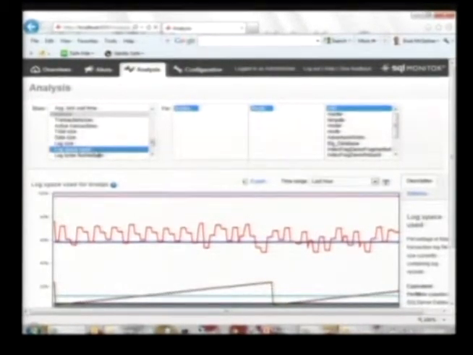I can do some linear regression or just guesstimation and say where I'm going to be in the future based on the current trends. So it makes your life a whole lot easier rather than just checking it manually every day and writing it down on a piece of paper or maybe a spreadsheet and trying to figure it out the hard way. This will automate it and make your life a little bit easier.